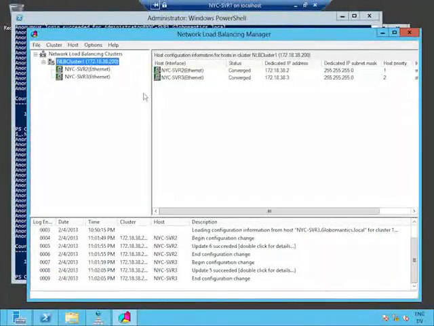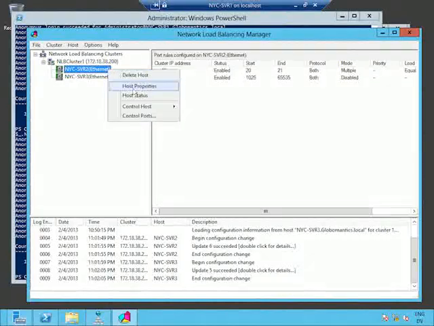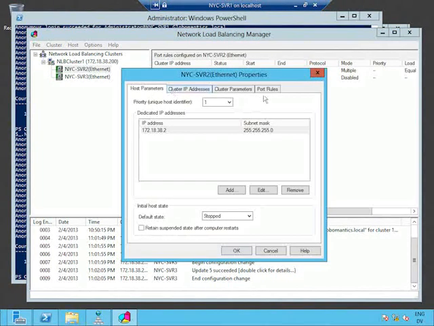For the sake of argument, let's try fixing that. Let's tweak that a little bit. Maybe we know that server 2 is twice as capable as server 3. It's a very powerful computer. By default, server 2 and server 3 are sharing this traffic equally. But I might deliberately go configure the properties of this particular network load balancing host to configure its port rules,